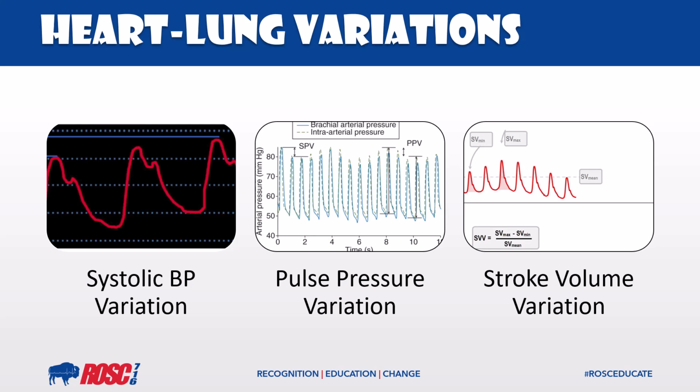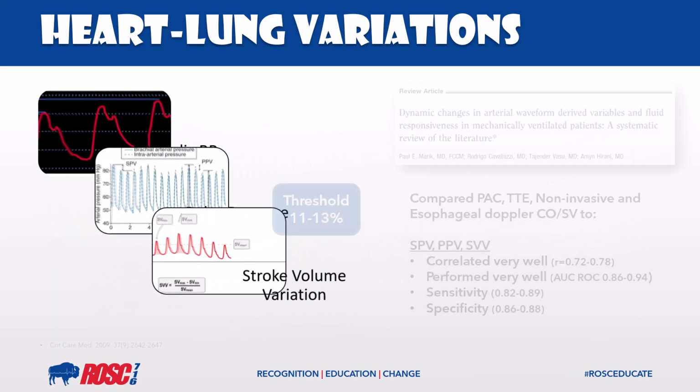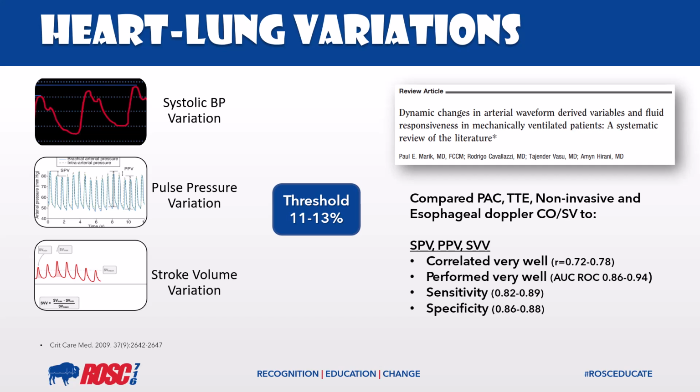In heart-lung variation hemodynamics, we're going to take advantage of the known variations in arterial blood pressure and stroke volume during the respiratory cycle to help us understand if the patient would benefit from fluid resuscitation. And while we'll discuss this much more extensively in future sessions, heart-lung variation hemodynamics is an excellent tool. Using a threshold of 11 to 13% in variation,